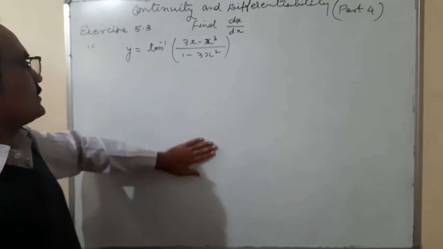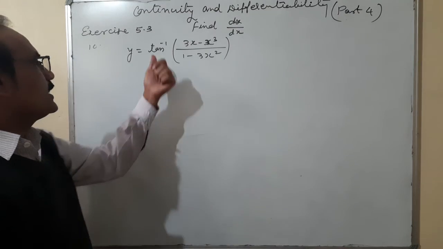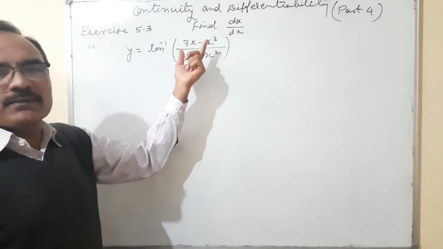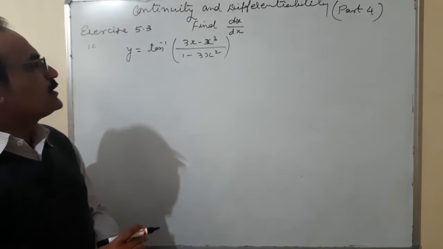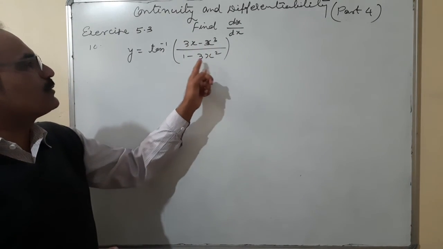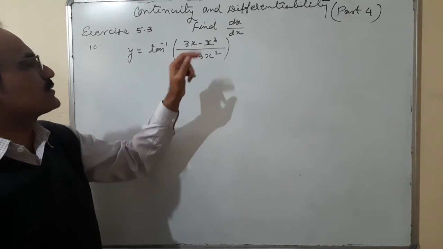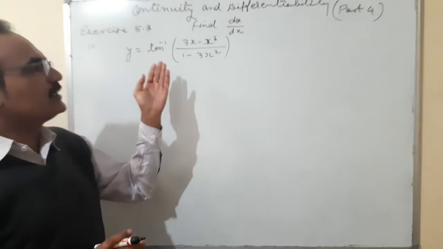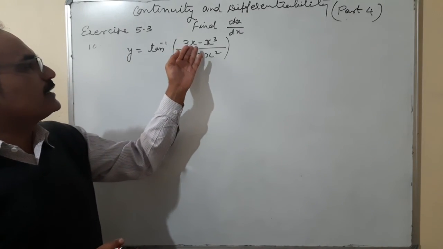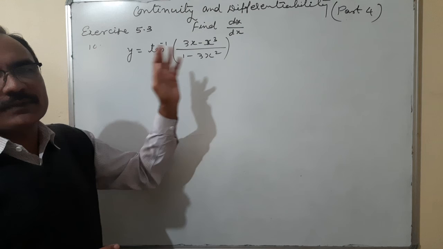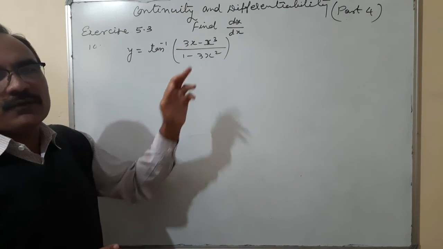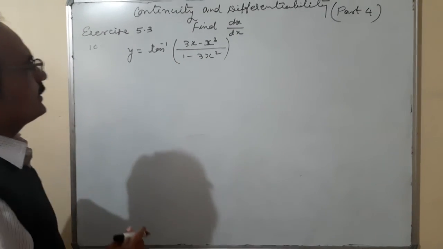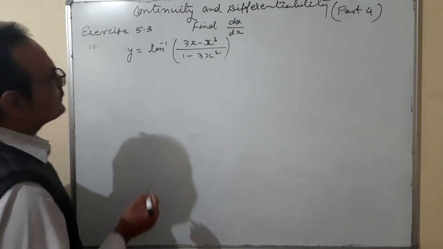When you solve questions of this type, in an inverse trigonometric function, you will see that the expression will be a formula of one of the trigonometric terms. Okay. When you see carefully, it is coming 3x minus x cube upon 1 minus 3x square. So you now memorize the tan 3 theta formula: tan 3 theta is 3 tan theta minus tan cube theta upon 1 minus 3 tan square theta. So this right hand side term will give you a clue that this is the formula being used here. Okay. So accordingly we have to replace it.